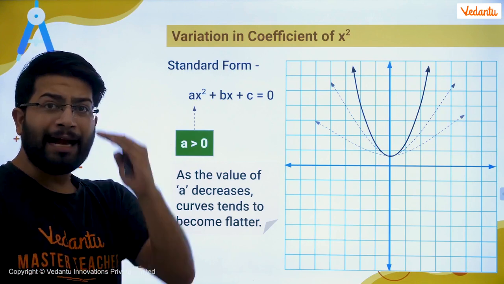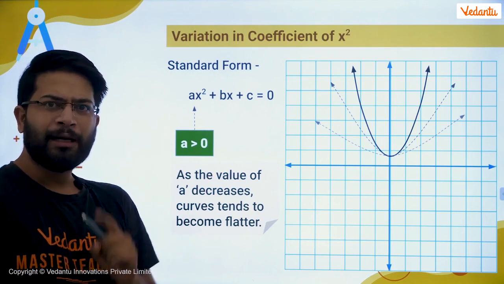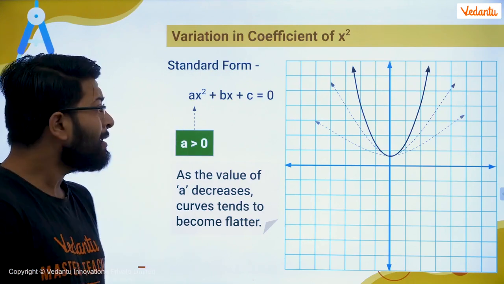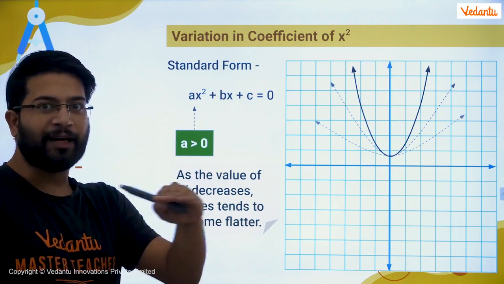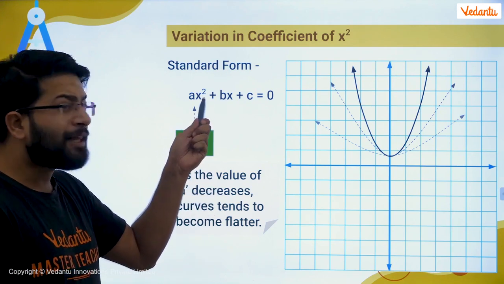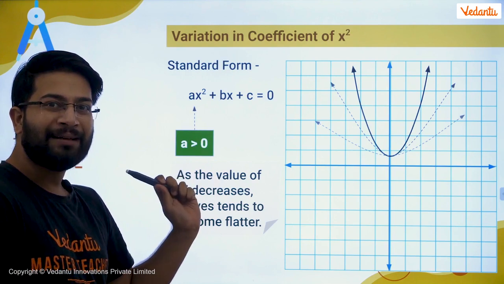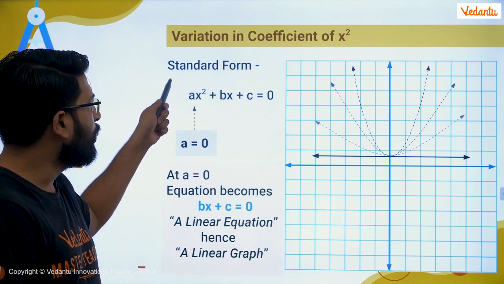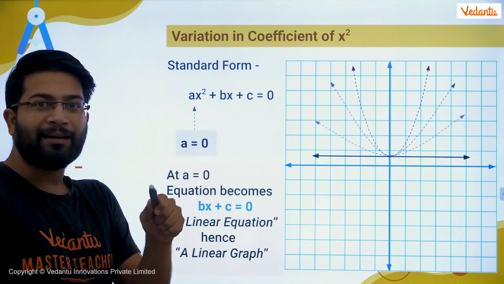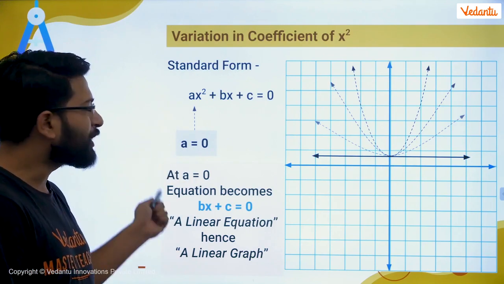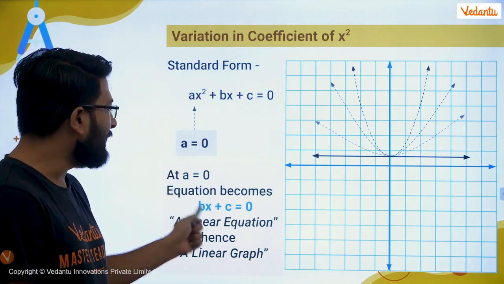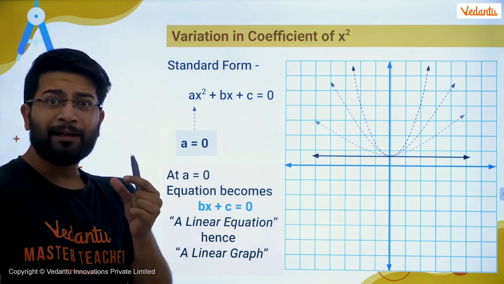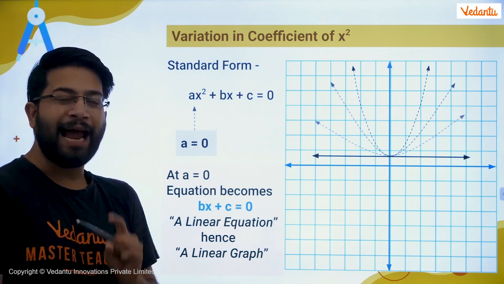And if, champ, I keep on decreasing the value of a, that means if I decrease the value of the coefficient of x square, then my curve will be getting flatter. We can see over here that as the value of a is decreasing, my curve is getting flatter, and as soon as the value of a becomes 0, this will become a straight line, which we can see from the equation also. After putting a equal to 0, it will become a linear equation. Always remember, champ, as the value of a decreases, my curve will get flatter.